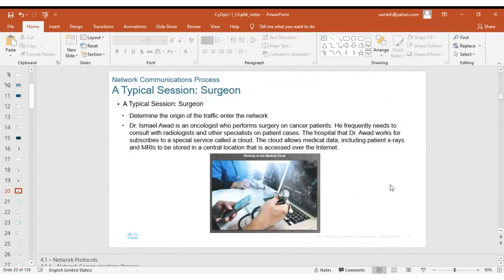So another one is a typical session, like maybe a surgeon. Determine the origin of the traffic enters the network. Like maybe here we have got a surgeon, and the surgeon here is Dr. Ishmael, who is an oncologist, and he is able to perform what we call surgery and cancer to patients. He frequently needs to consult with the radiologists and other specialists on the patient cases. The hospital that Dr. Awad works for